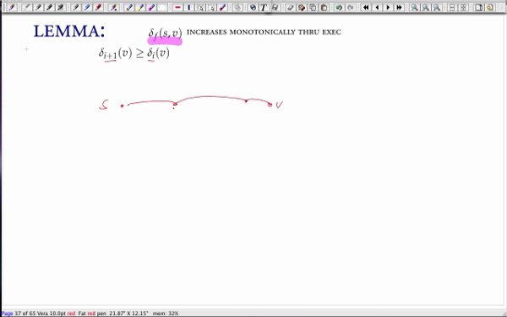okay, so this could be the shortest path. Let's say that's the shortest path from S to V. That's at time I. That's after you've done I iterations of this augmenting paths. When you consider the next augmenting path, either that augmenting path never touches any of these edges, in which case the shortest path remains the shortest path,